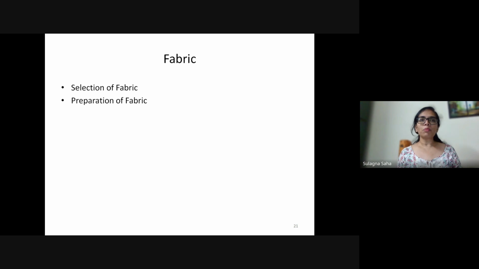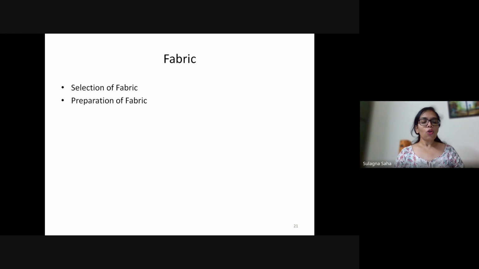What I mean by pre-shrinking is that before you start cutting the fabric, wash it once. आराम से उसको wash कर लो, dry कर लो. It will shrink the fabric in the first place, and now if you cut it and stitch it, your garment will not shrink. Okay, so it's a very good idea that if you're using a fabric which is cotton in nature and has a tendency to shrink, wash it first.